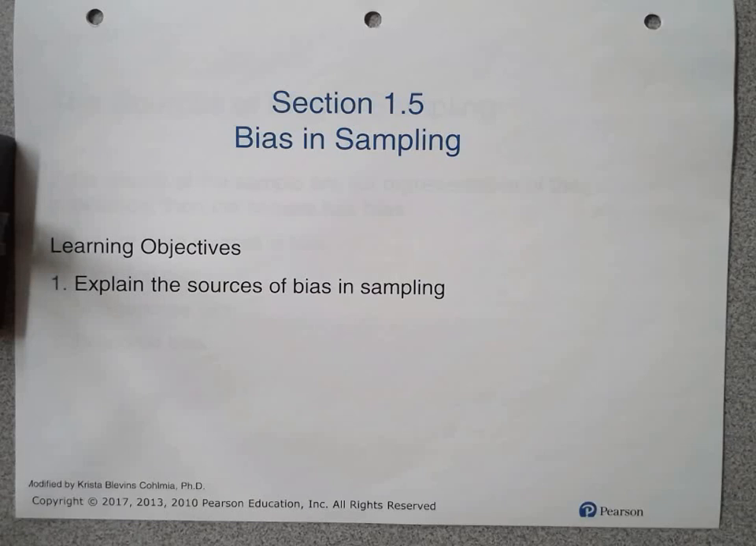Section 1.5 is the section on bias and sampling. It's a very important section to cover in statistics. If nothing else, when you leave this class, I want you to be able, when you're presented with data or